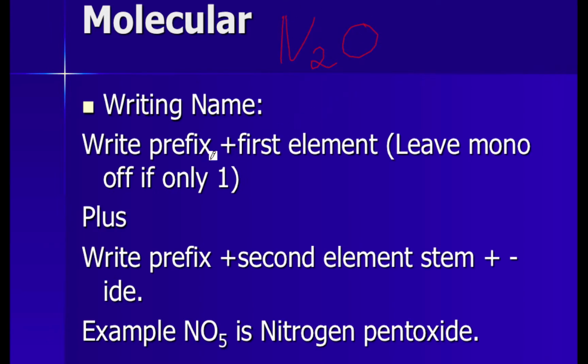Prefix plus the first element. Now, there's 2 nitrogens. So 2 nitrogens would be dinitrogen, and then the prefix and the second element make it end in IDE. So this would not be monooxygen, it would be monoxide, or monooxide. So this would be dinitrogen